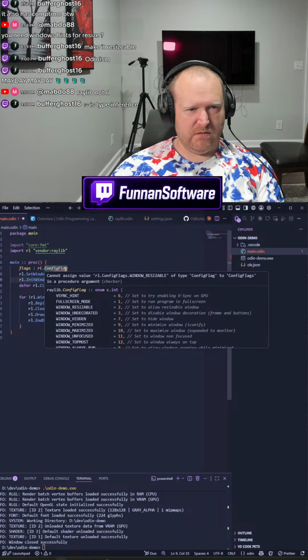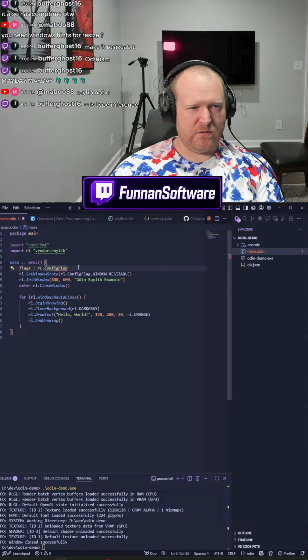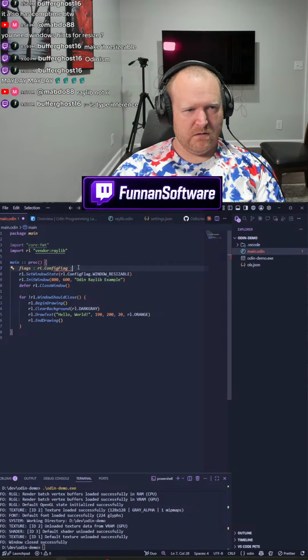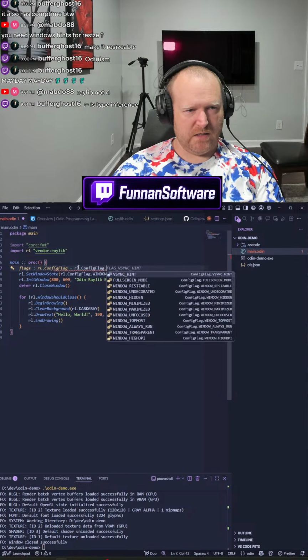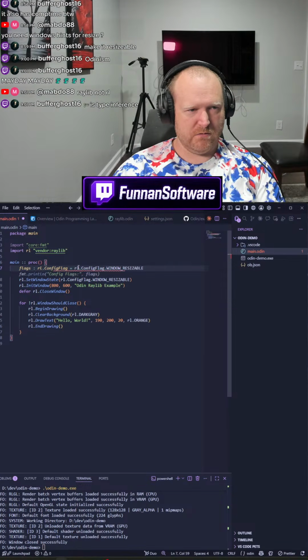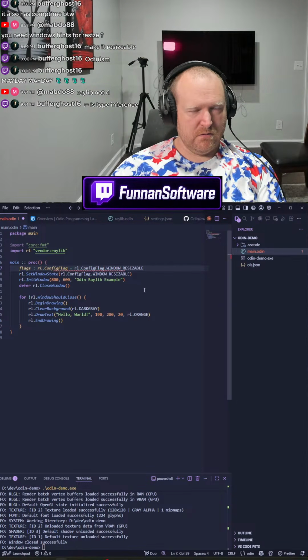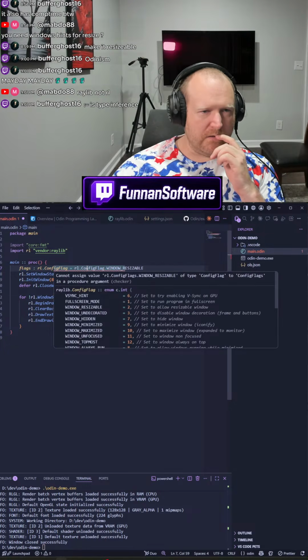Cannot assign value. Oh wait, do I have to? Okay, so then I can do equals rl dot config flag dot window resizable. Why is this not working?